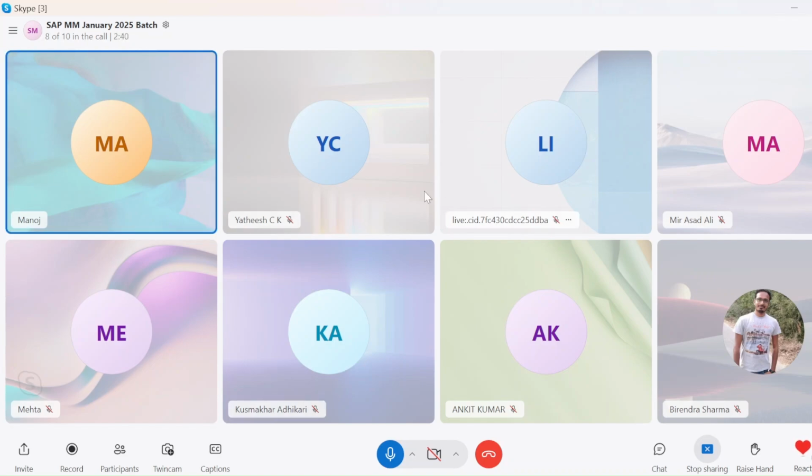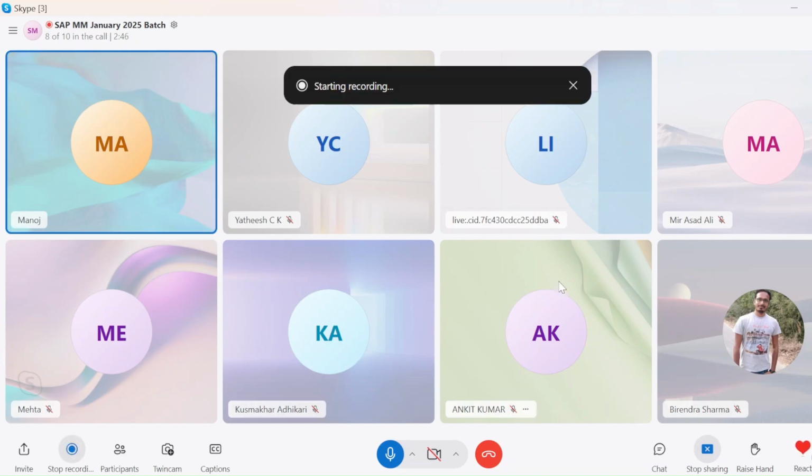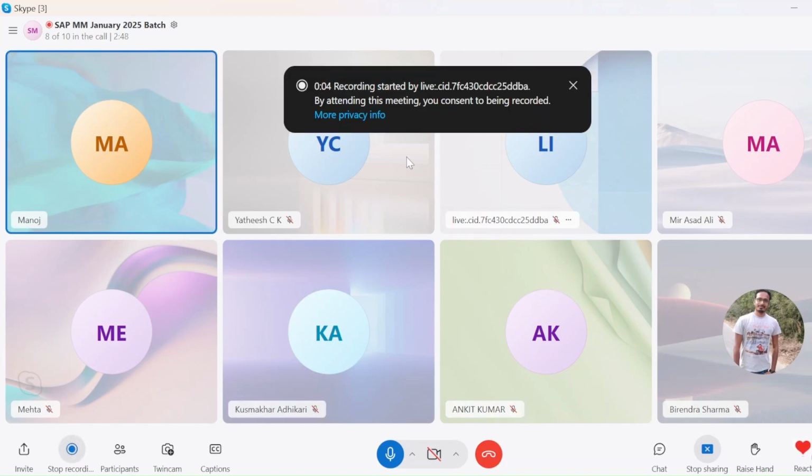If any one of you is facing any issue logging in, you can let me know. I will share a tutorial video for that, and with the help of that video you can install and log in. Virender, Gaurav or Mir, if any of you is facing any issue in installation of SAP GUI or in the login part, are you stuck somewhere?